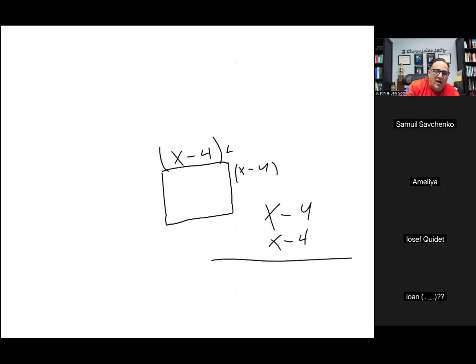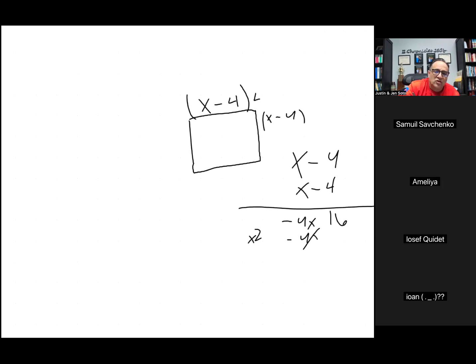Negative 4 times negative 4 is positive 16. Negative 4 times x is negative 4x. X times negative 4 is negative 4x. X times x is x squared. X squared minus 4x plus 16 would be the answer. It'd be letter C. So all you did was take x minus 4, and since it's a square, and a